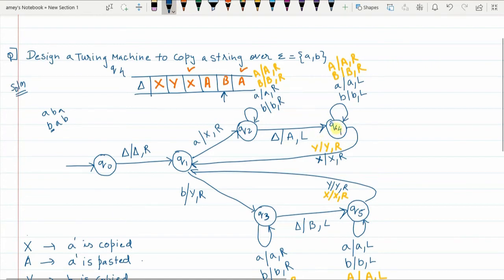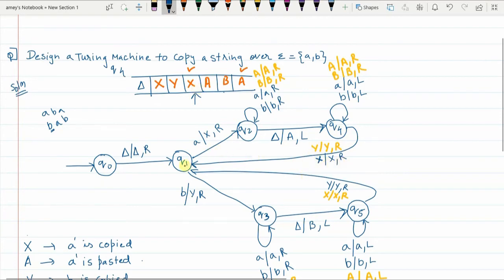Now I have to go back till I find capital X or capital Y, and on the way anything that comes I have to ignore. So in Q4 state, what do you get now? You get B. If there is B, you ignore that B, replace B with itself, pointer moves to the right. Again there is A, so replace A with itself, pointer moves to the right. So go on doing that. Finally in Q4 state, if you get capital X or Y, in my case now I have got X. Replace X with itself and pointer moves to the right.